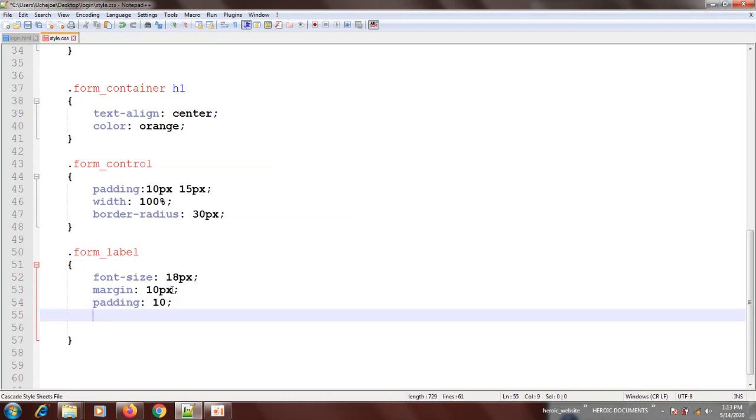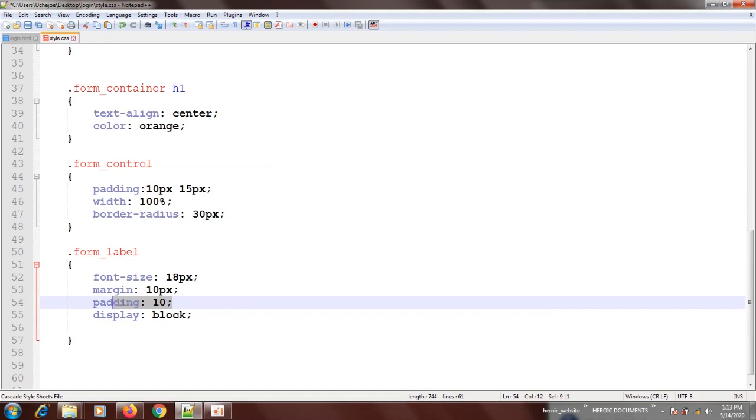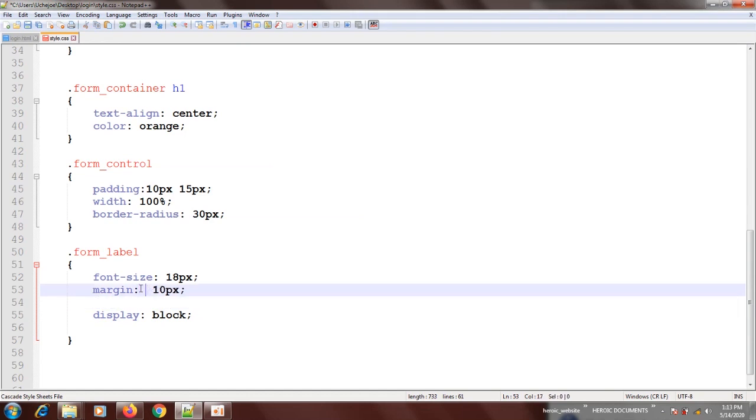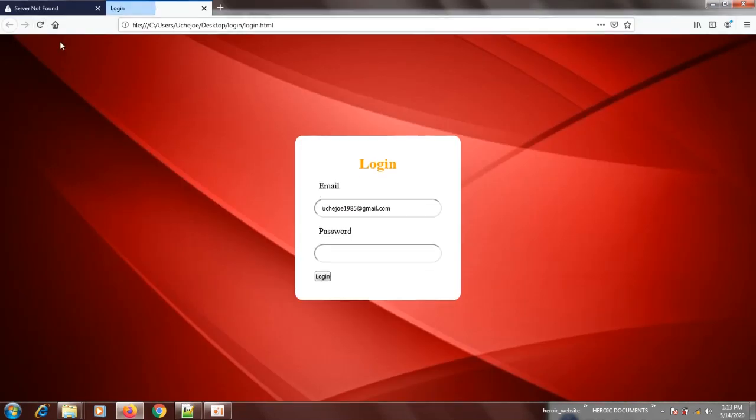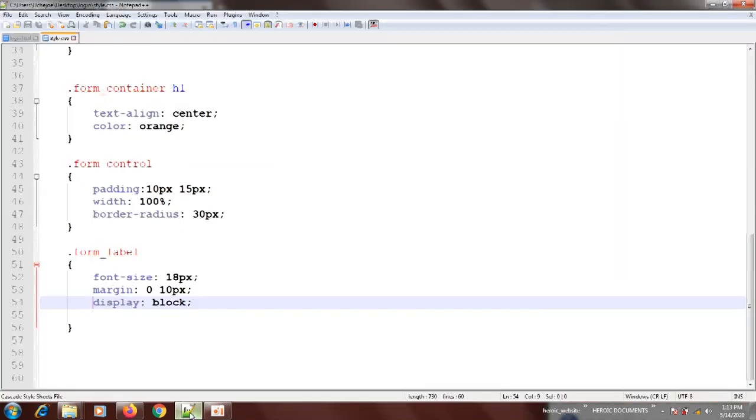Here I'm going to put a display block. Display block. Okay, then the pattern, I think I have to remove the pattern entirely. Then the margin, I'm going to make top and bottom 0, then left and right auto. I think that's okay. Let me see what I have. Okay, that's beautiful.